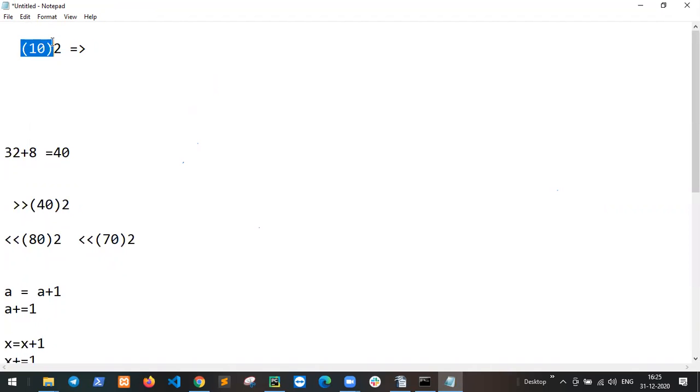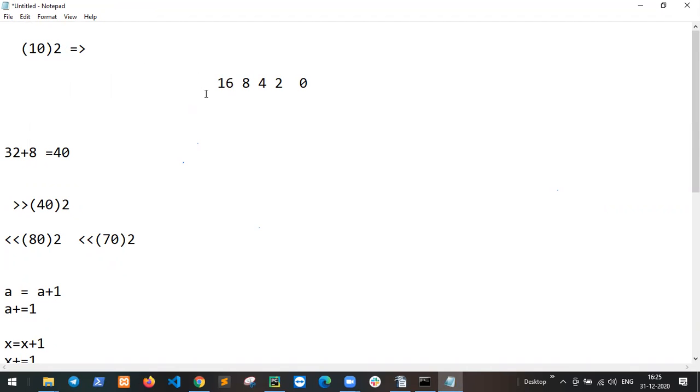Same. 10 and 2. So let me describe decimal to binary. Convert decimal to binary: 1, 2, 4, 8, 16. There will be very large numbers.